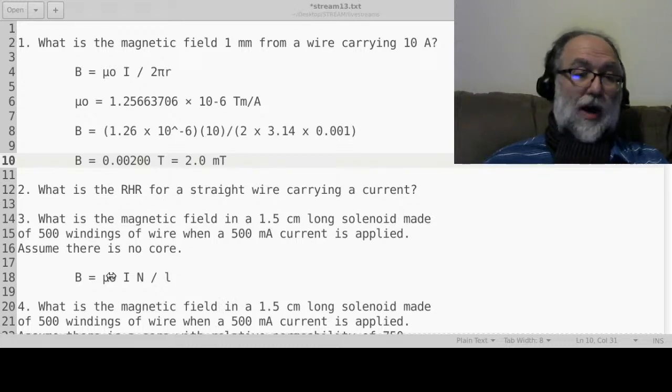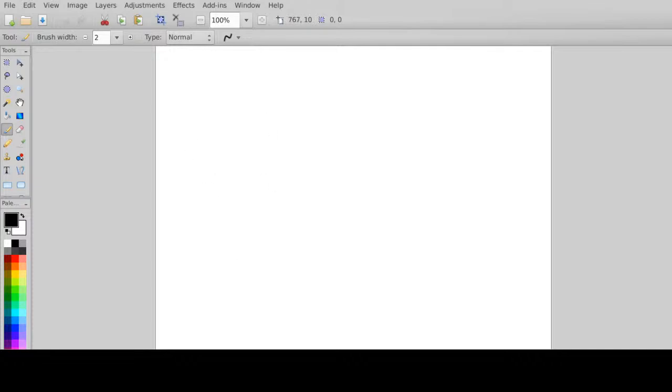All right, so let me try to draw that for you. Okay, it took a second to pop up. Suppose you have a wire. So here's the wire, going straight up like that, and that's the positive flow of current. Even though it's the electrons, you can imagine little positive charges traveling up like that. Now if you point your thumb in that direction,